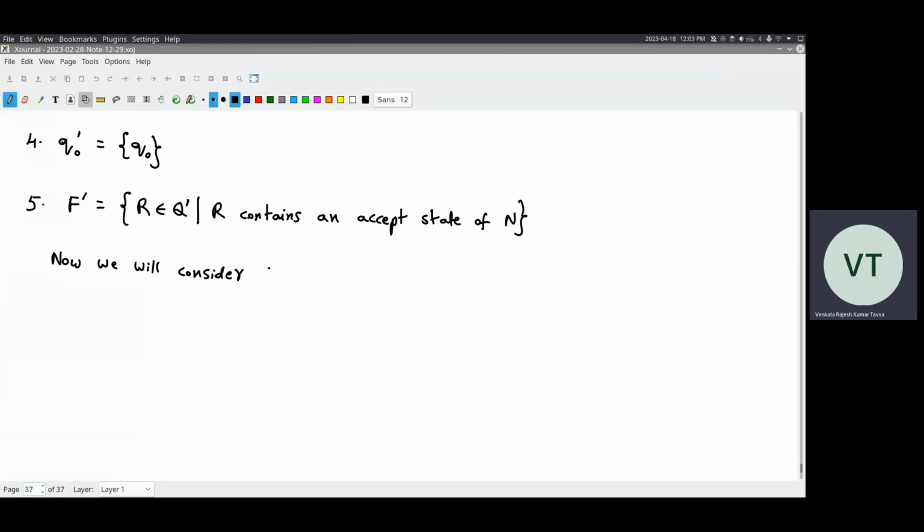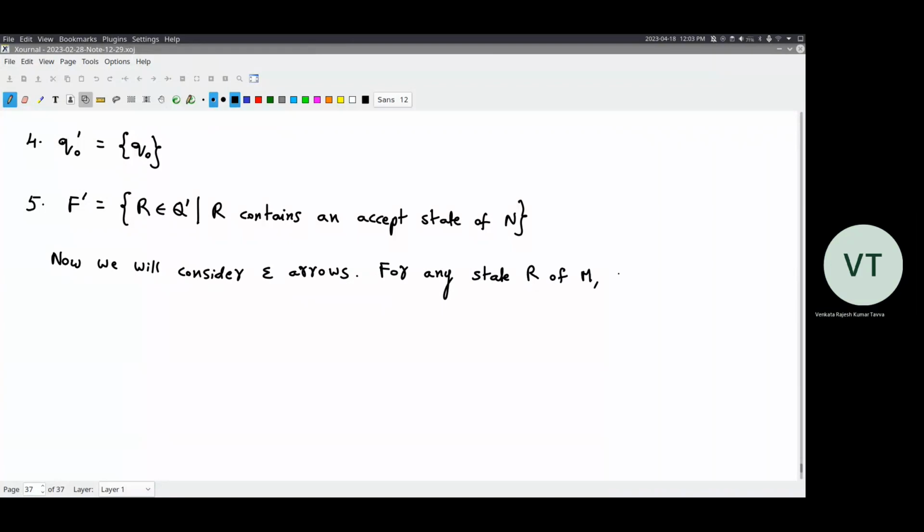Now we'll consider epsilon arrows for any state R of M. We define E of R,